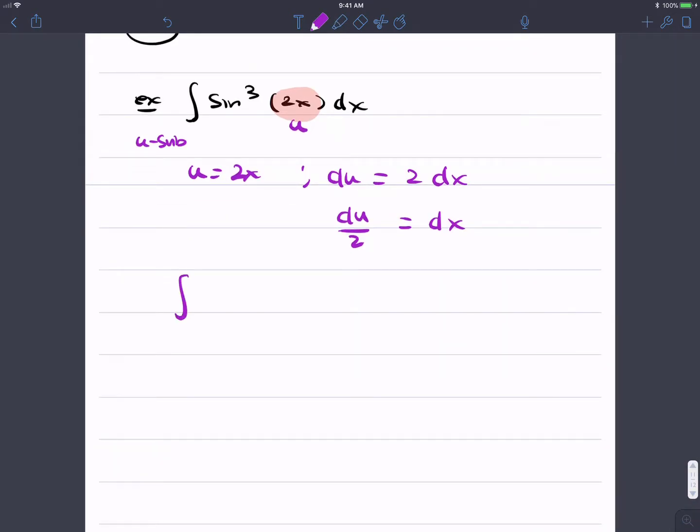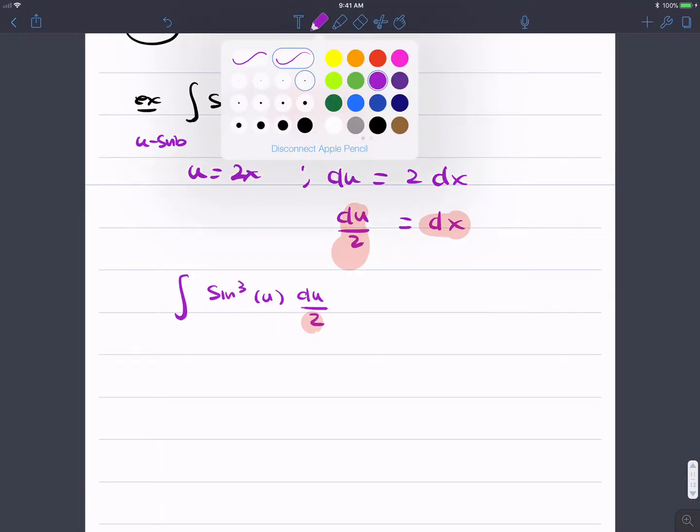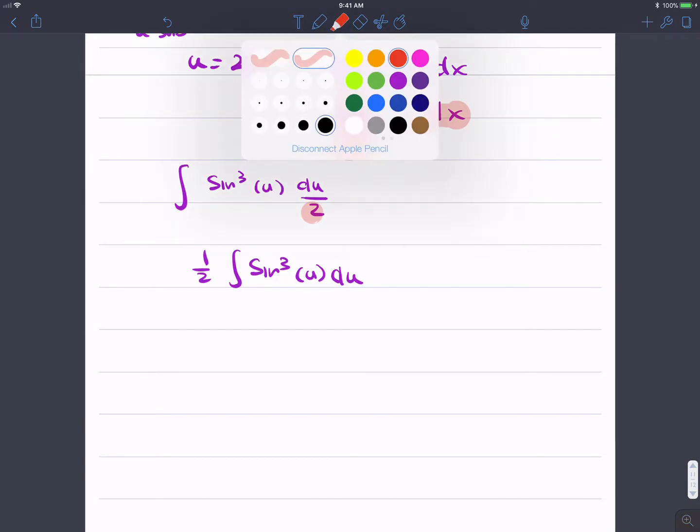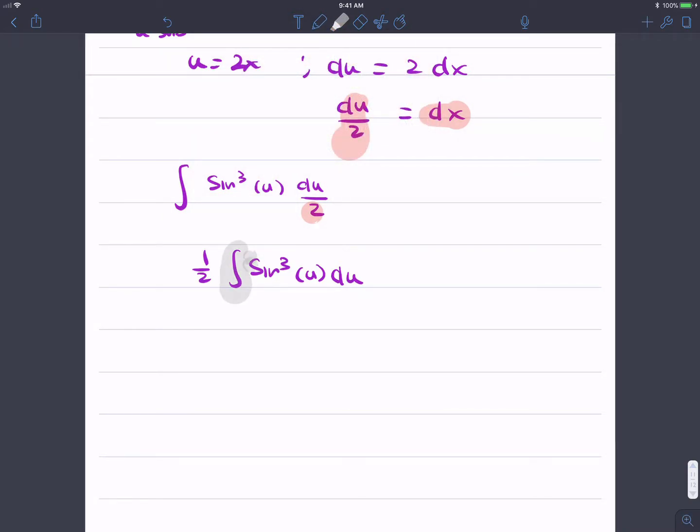Okay, this gives me sine cubed of u, and instead of dx, because this dx is the same as that dx, which is du over 2. So I'll now have du over 2. What happens here is I have a factor of 1/2 I get to factor out. Properties of integration. So this will be 1/2 integral sine cubed u du. And all I now have to do here is integrate